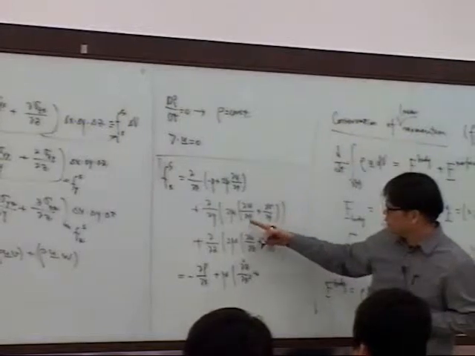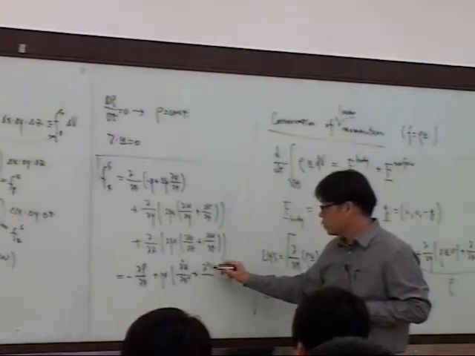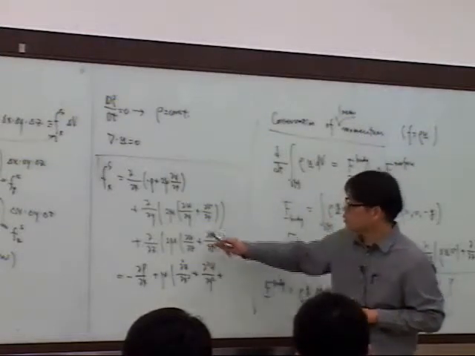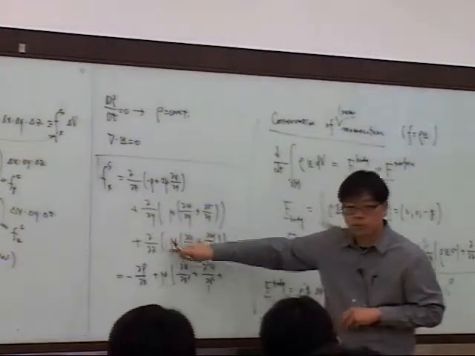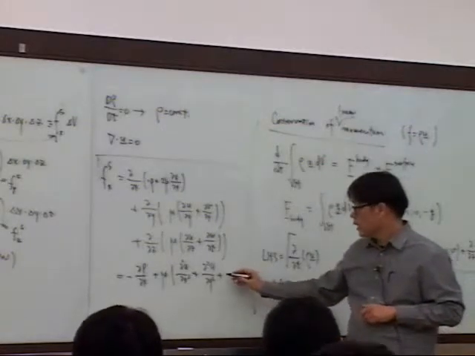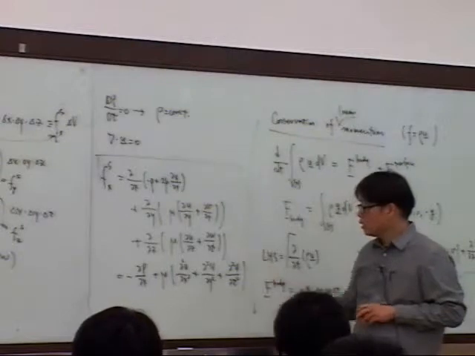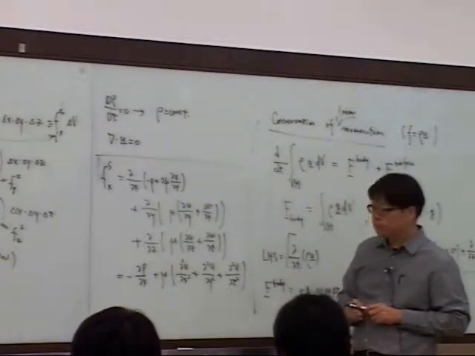And then I look at this guy. I have d²u/dy² plus, I'm looking at this guy. Oh, sorry, I need a mu here instead of 2 mu. And then I end up with